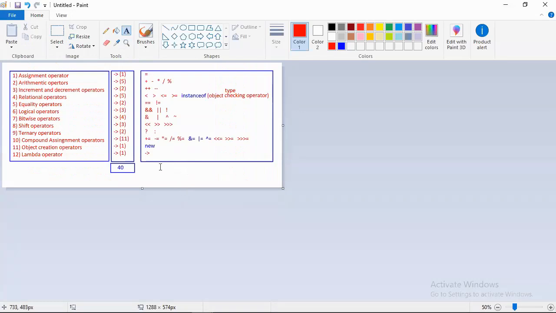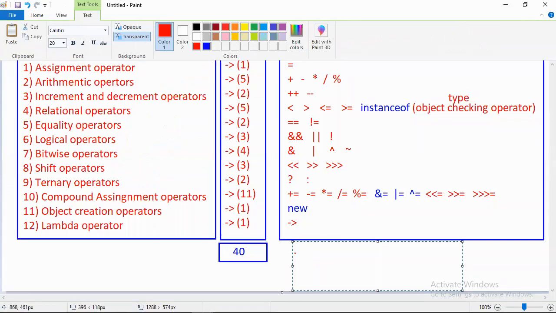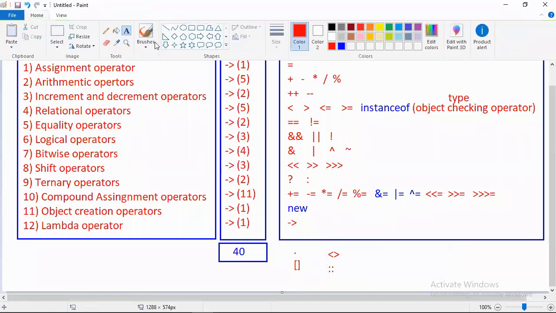What is the small confusion? Some of the symbols are also considered as operators by some people. That is what? Dot as an operator, array creation bracket as an operator. And next, from Java 5 onwards, we are using the diamond symbol for generics, the generic parameter. People are considering it also an operator. From Java 8 onwards, we have the double colon. People are also considering the double colon as an operator. But as per Sun Microsystems, they have given these under the separators list.